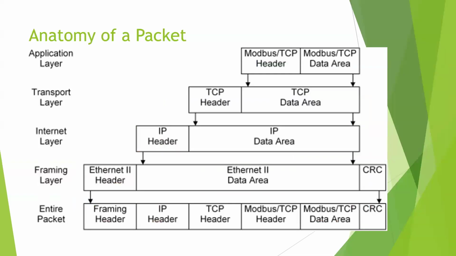All right, so let's look at the anatomy of a packet. Everything on the wire is a packet. Everything that gets transmitted or received is a packet. It's a discrete chunk of information. If you think about it from the top down, as you move through those layers, each packet gets some things added to it so that that particular layer can do whatever it needs to do with it. At the top layer, the application layer, in our example, we've got a header and data for whatever this Modbus is. I'm not going to talk about Modbus because any protocol could be substituted in there, SMTP, HTTP, whatever you want.